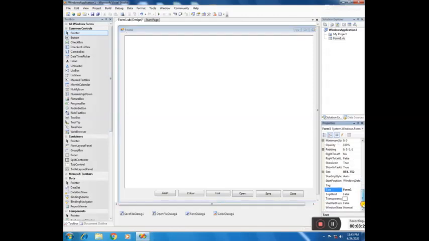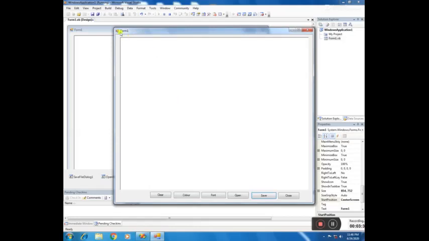Select the form and make the startup position of this form to center of the screen, and let us see what happens. The form comes and the form will look like this.